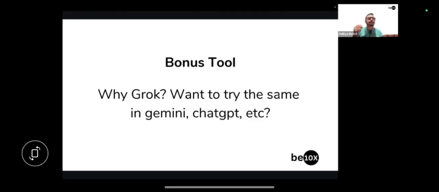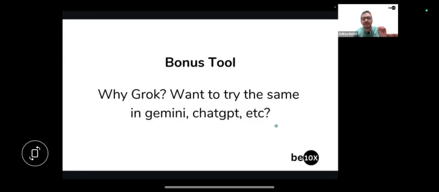But apart from that, if you still have this question, Aditya, I still want to try it out in Gemini, ChatGPT, Perplexity, or DeepSeek, etc. There are so many models. So guys, if you still want to try it out, will you just go to all of these platforms one by one and ask it to make a research report? How many of you agree with me? It is too cumbersome and too time consuming to do everything one by one: Grok, then Gemini, then ChatGPT, then this. Agree with me? Yes. So if you want to solve this particular problem, guys, here is a bonus tool for you.